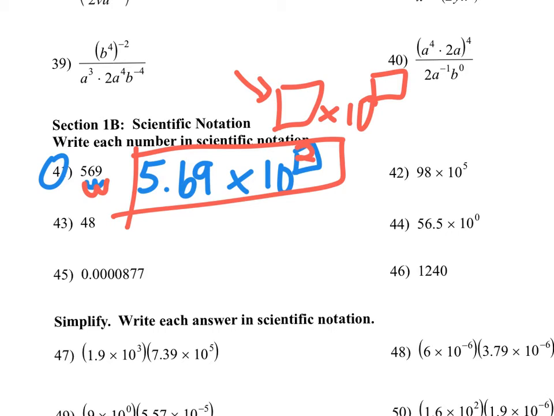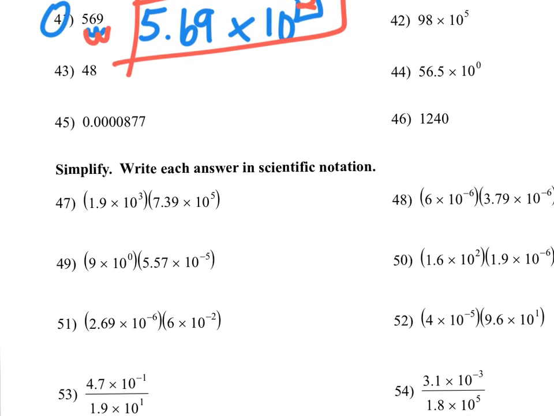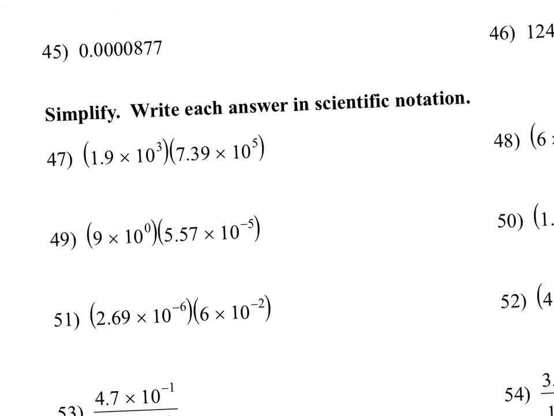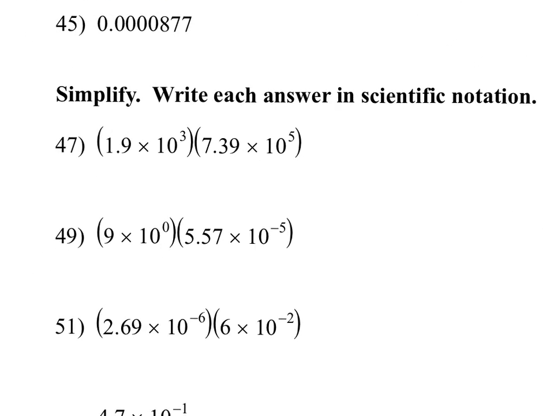Okay, let's go down. Now we're going to get to some operations. In scientific notation, you do not have to convert these to regular numbers. The rule, and we'll do number 47 here. I'm going to make my marker a little bit thinner. We'll do number 47. When I multiply two numbers in scientific notation, the rule is this. You multiply the things out in front. So if I take my calculator, or you take your calculator, you're going to take 1.9 and multiply it by 7.39, and I get